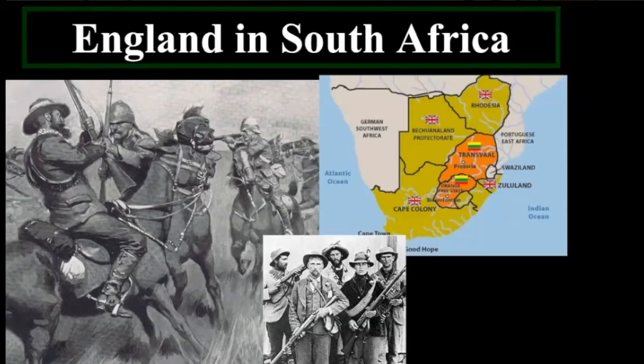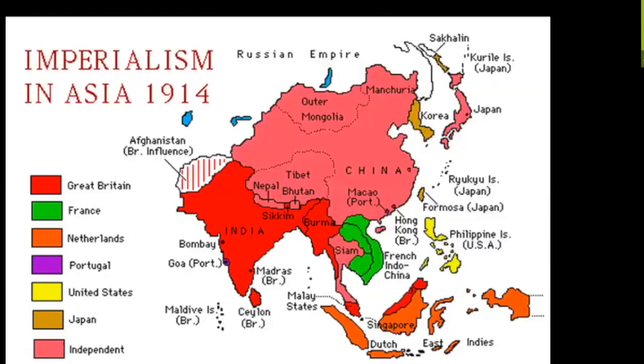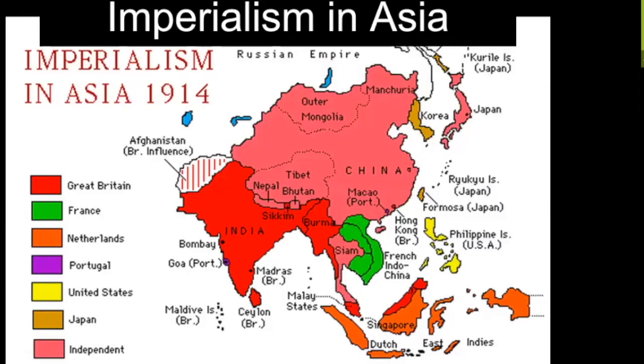But Africa is not the only continent that's going to be colonized by the Europeans. We also see imperialism in Asia. Trade within China originally had been restricted because they didn't want or need European goods, and because they didn't want inferior cultures coming in and polluting their Confucian culture. So Britain is going to respond to that by cultivating opium in India. Then they're going to take that opium and sell it in China.